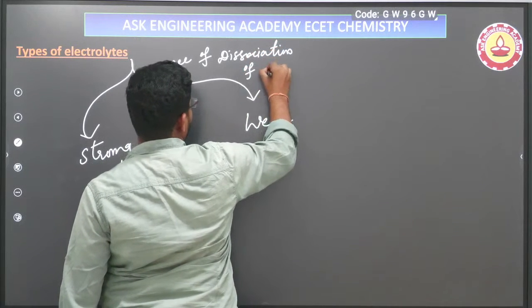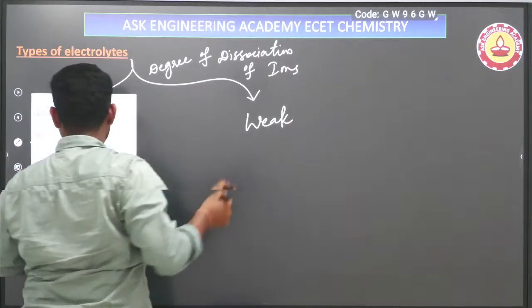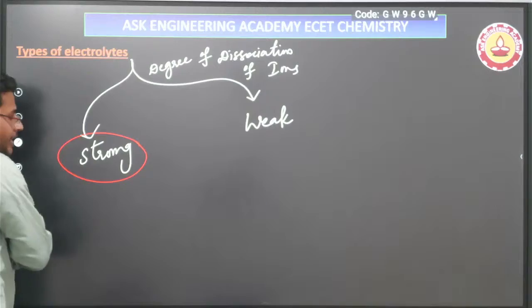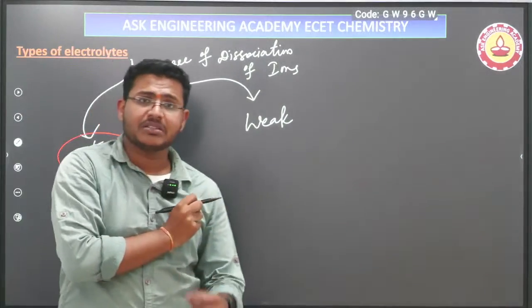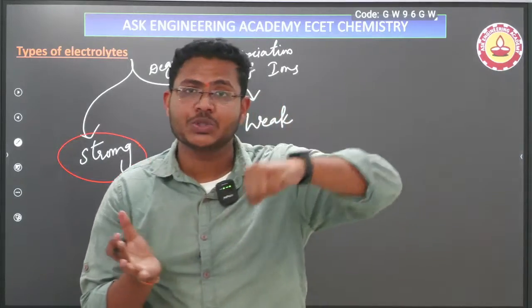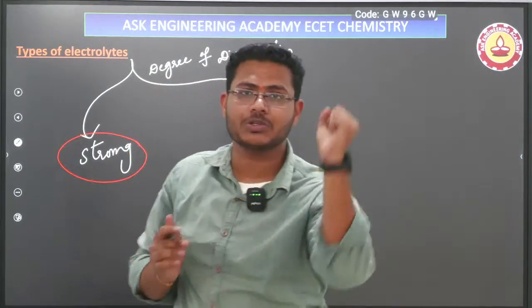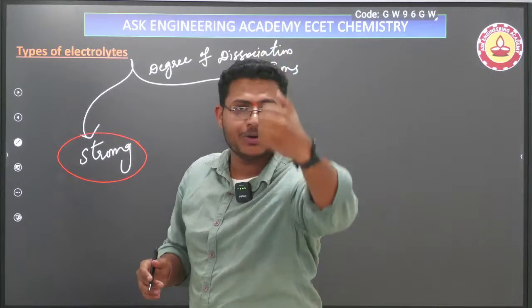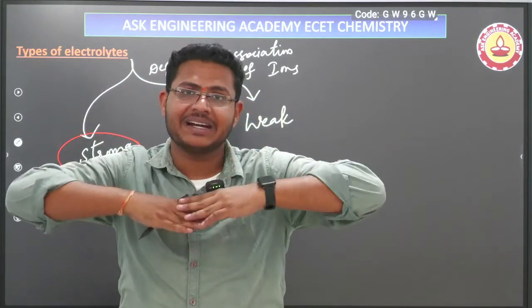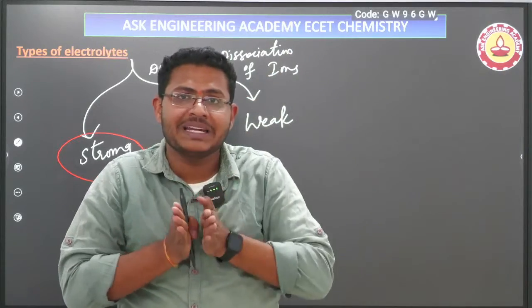Dissociation of ions. For example, strong electrolytes means what? Strong electrolytes are nothing but electrolytes which can be completely dissociated into respective ions. That means when this electrolyte is placed in an electrolytic solution, by application of electric current, these electrolytes completely dissociate